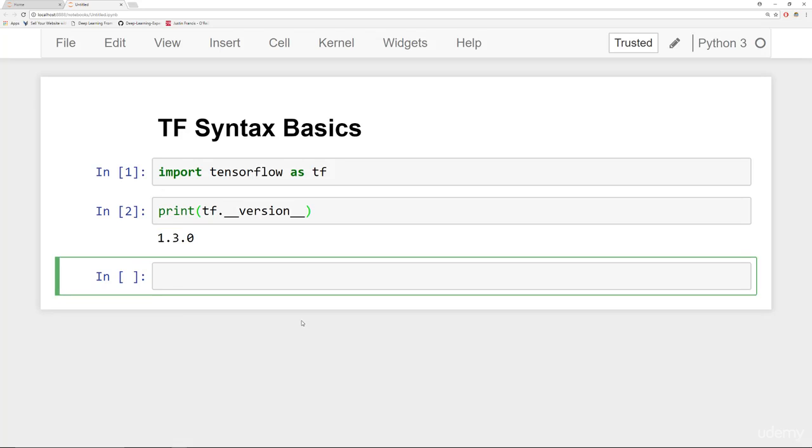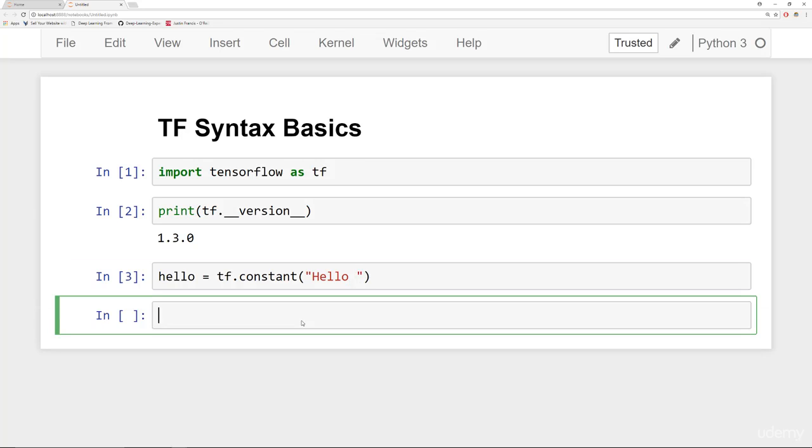So the word tensor, it's basically just a fancy word for an n-dimensional array. We'll start off by creating the most basic tensors possible, and that is a constant. So I'm going to create a variable called hello, and we'll say tf.constant, and I'm going to pass in a string here. We'll say hello, and then I'm going to actually leave a space at the end, and then I'm going to create another constant here. We'll call it world. It's also going to be tf.constant, and this will be, as you may have guessed, the